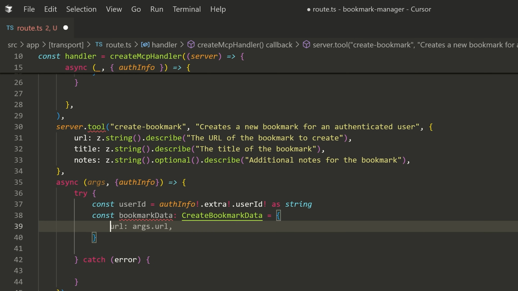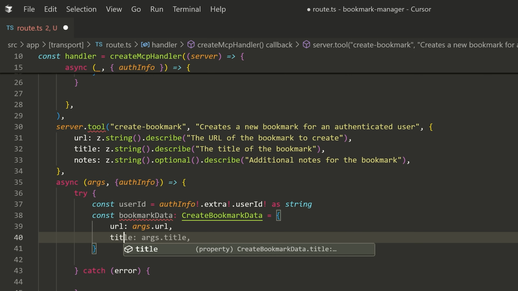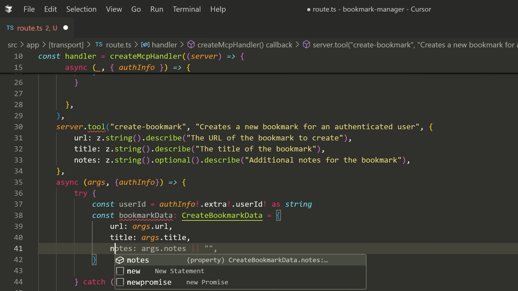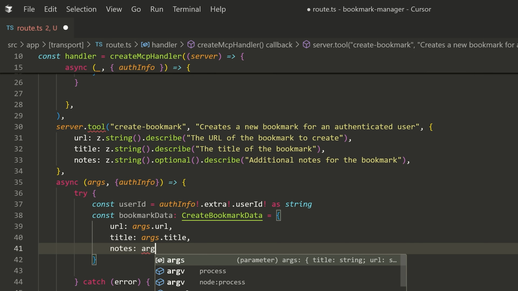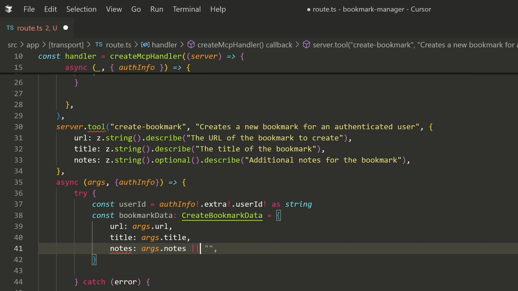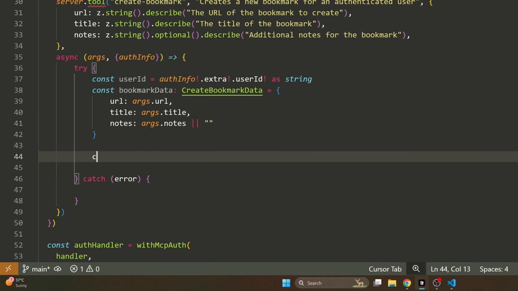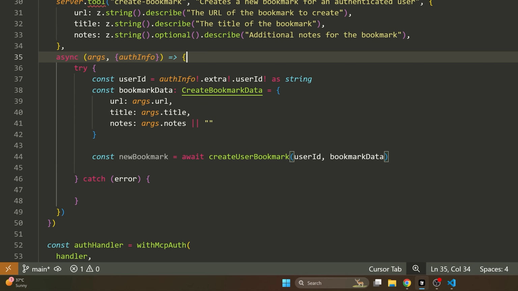Inside of here, we're going to specify the value. So we're going to say URL is args.url. We're going to say that the title is args.title. And we're going to say that the notes is args.notes or just an empty string in case it's not passed. Then we're going to say const newBookmark is equal to await